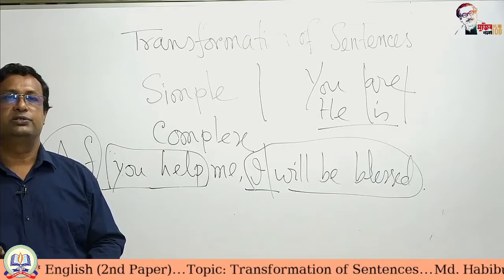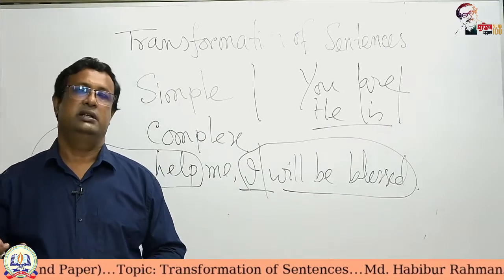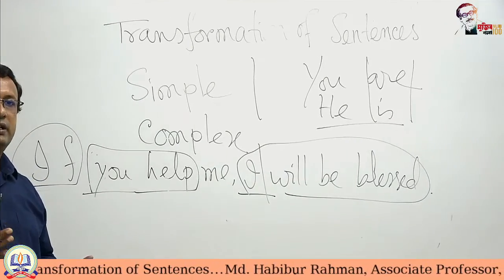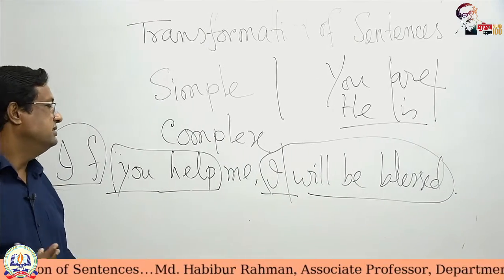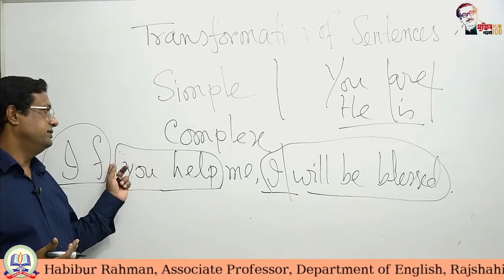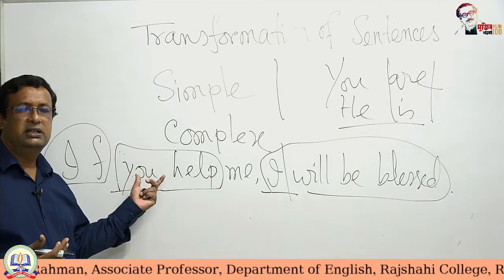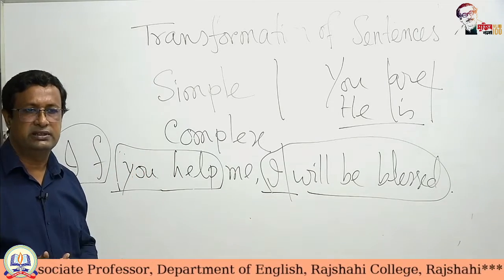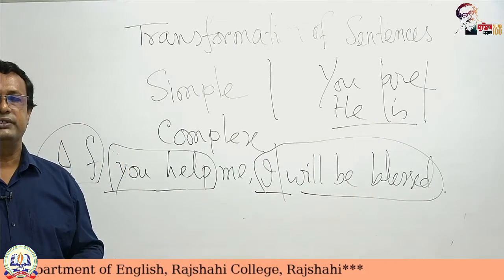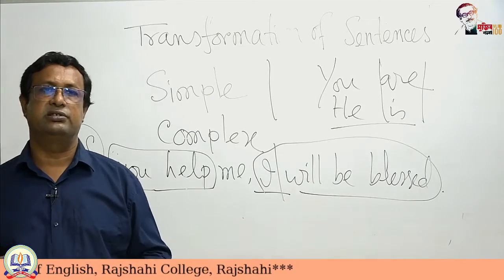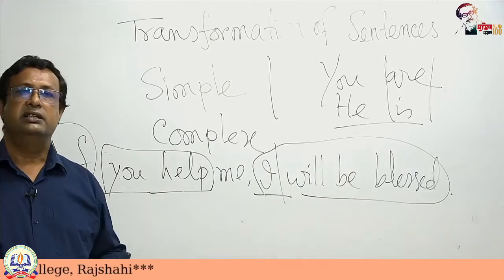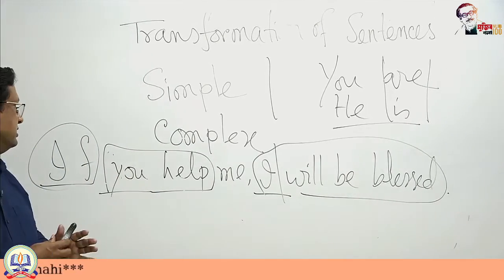There are many conjunctions in complex sentences such as who, which, that, if, so that, so...that, when. You know, there are also because, as, since, etc. These conjunctions come in the complex sentence. And why do they come here? What is the nature of a complex sentence? Actually, a complex sentence has two clauses and one clause depends on another clause. So there is a dependent clause and there is an independent clause.